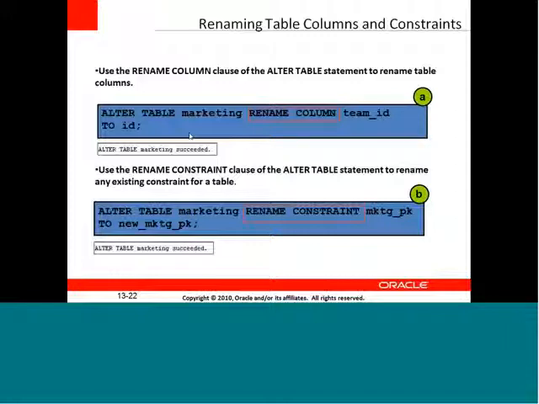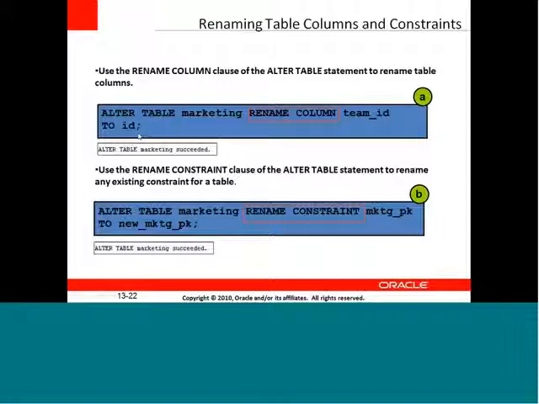Right. But if I want a permanent change, then there is a term rename. With this rename, we can have the permanent change done to the database. So see here, I'm mentioning alter table marketing, that is a table name, and I'm going to rename column team ID to just ID.